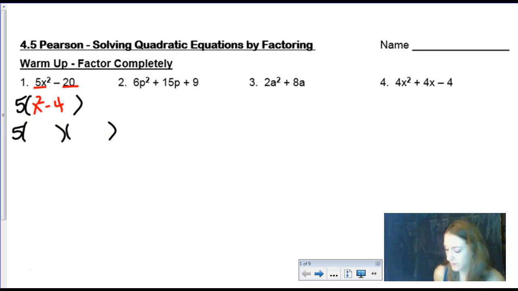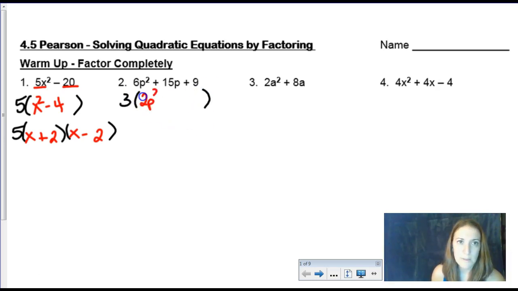So the twin factors for x squared are x and x. The twin factors for 4 are 2 and 2. And then if you make one a plus and one a minus, that's why there's no middle term in that pattern. So here I have 6p squared plus 15p plus 9. There's a common 3 that we should take out of that problem. When I remove that common 3, I still have a 2p squared plus 5p